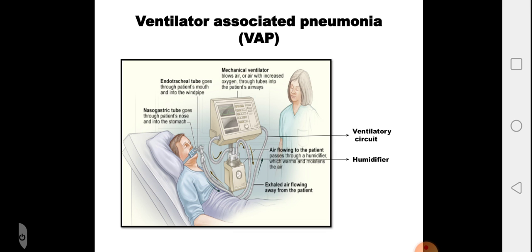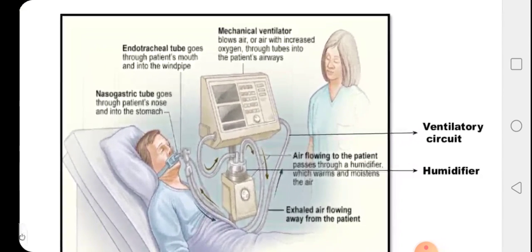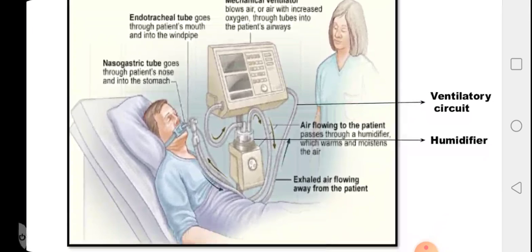So this is a ventilator which is connected to the ET tube. If you look into this mechanical ventilator, it has certain tubes known as ventilatory circuits. From one side, if you see the arrow, the air is coming out from the ventilator. It is introduced into the humidifier, and then it reaches the patient, and the expired air is also coming out